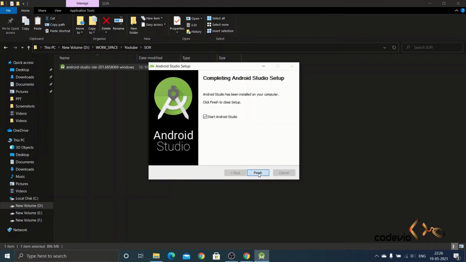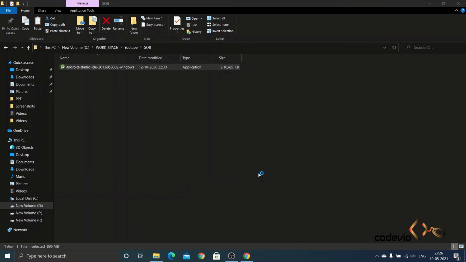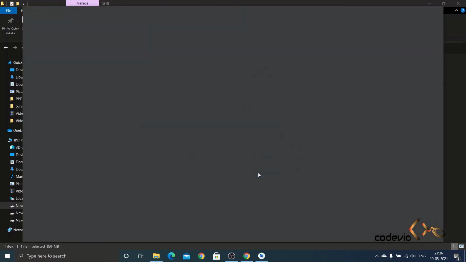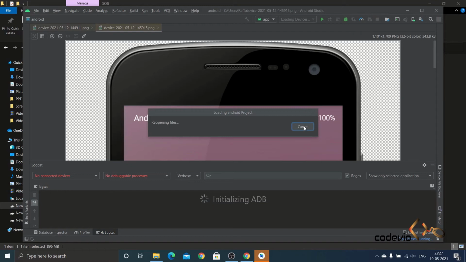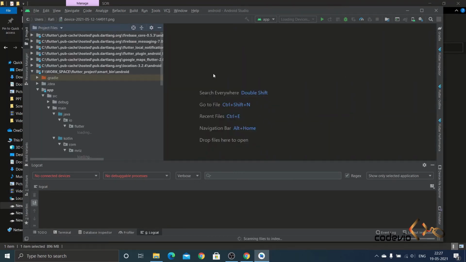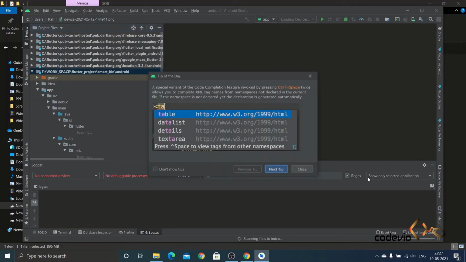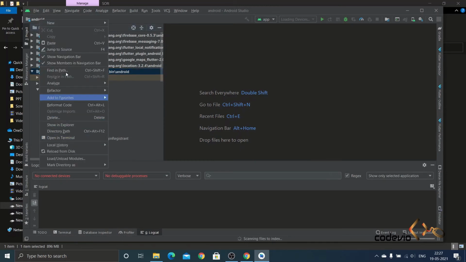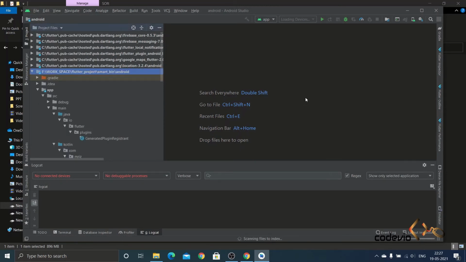Okay, we are going to start Android Studio. Actually, the installation has not been completed yet. In your case, you may be shown download SDK options, but I have already used Android Studio before, so the SDKs are already installed on my computer. That's why Android Studio has opened for me. But in your case, you just need to click the custom installation option that comes after installing Android Studio and click next and continue. It's just a simple step. You won't have any difficulty while doing that step.